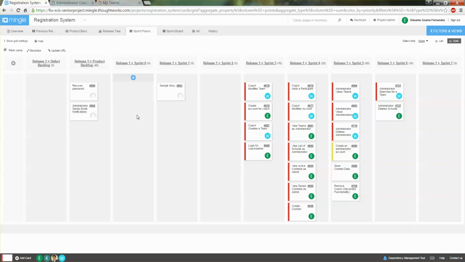But there was a problem with Apache and mail.jar, and unfortunately we were unable to send those emails for the password recovery, and for the administrator sending email notifications. Other than that, we didn't have that many shortcomings.